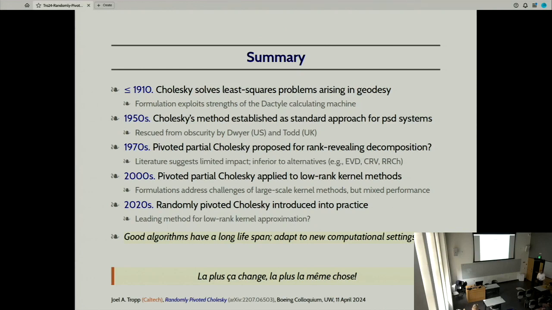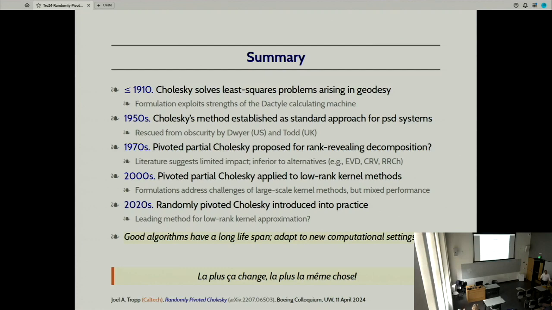Around 2000, machine learning researchers realized that Cholesky's method had a powerful role to play in implementing large-scale kernel methods. They studied uniform pivoting and greedy pivoting in that context. And we realized that using a little bit of insight from randomized linear algebra, we could produce a better pivoting method, which has a rigorous analysis and seems to produce much better matrix approximations in practice. And what's really important about the modified algorithm is it really addresses the challenges of large-scale kernel methods.